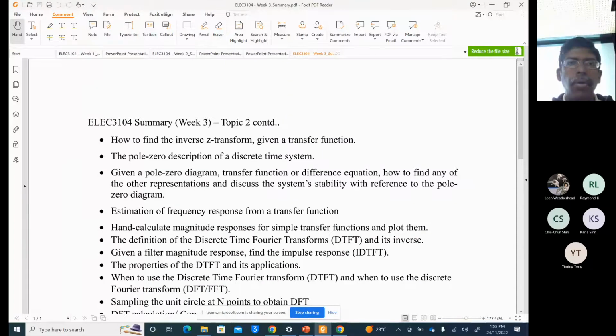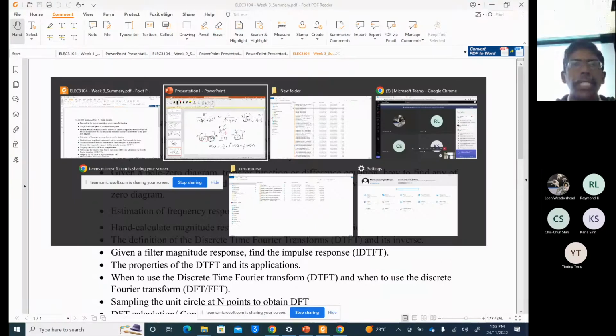And then pole zero description of a discrete time system. Given a pole zero transfer function or difference equation, how to find any other representation and discuss the system stability. So that's what I told you. If you are given a pole zero diagram, transfer function or difference equation, you should be able to find the other things. So for example,